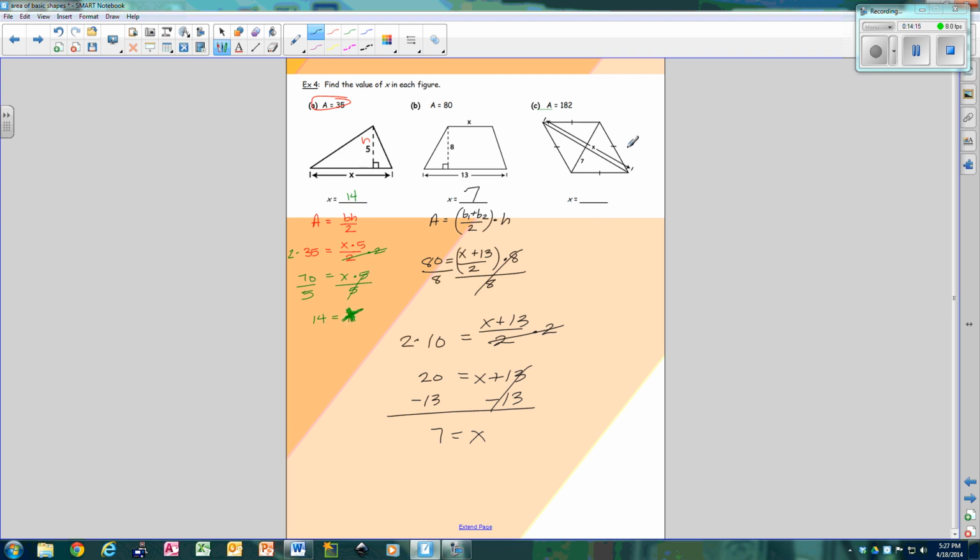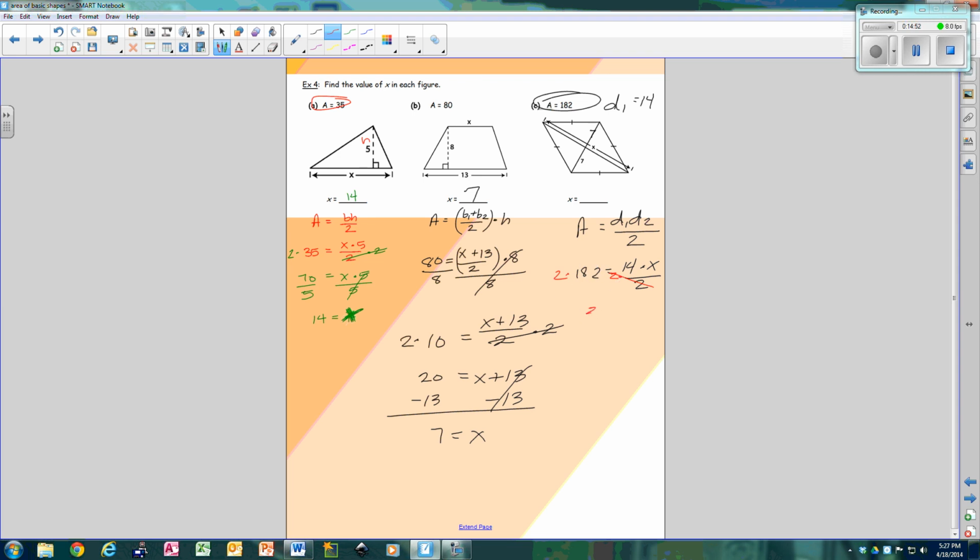Okay, now over here we have a rhombus because all 4 sides are the same. So you use the formula diagonal 1 times diagonal 2 divided by 2. Okay, so if this piece is 7, then this piece is 7, so that means diagonal 1 is 14. So I know the area is 182 because they gave it to me. So 182, diagonal 1 is 14, diagonal 2 is x, and then divide by 2. Well, if I multiply both sides by 2, and I'm going to have to do it over here to make it cancel, I get 182 times 2,